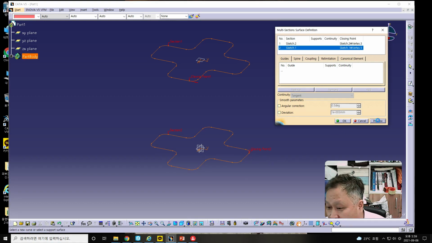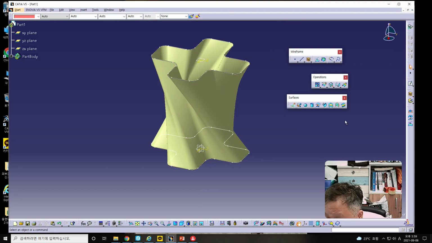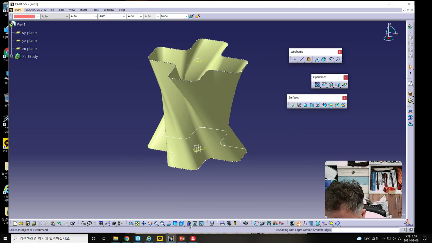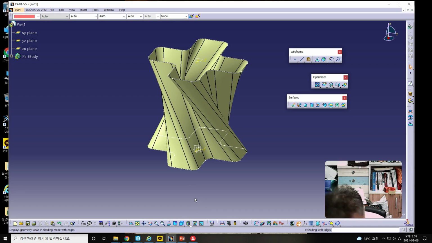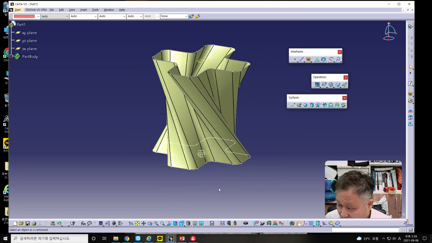Then preview this, and please click OK button, and by using shade with edge, the newly made multi-sections surface can be seen, and